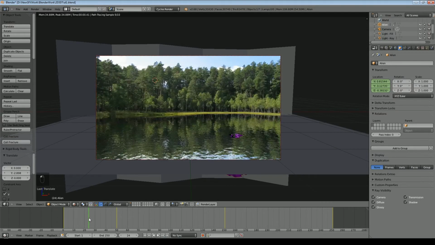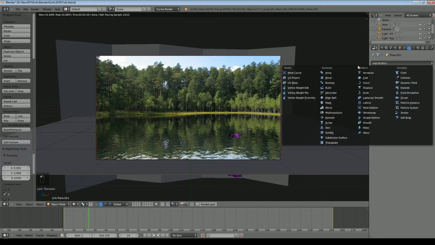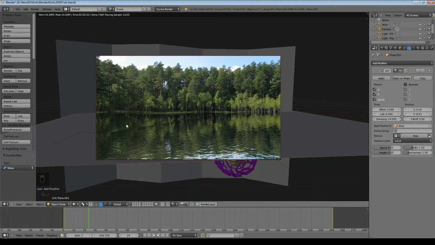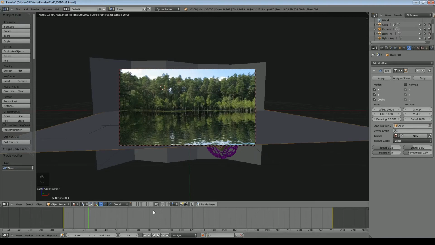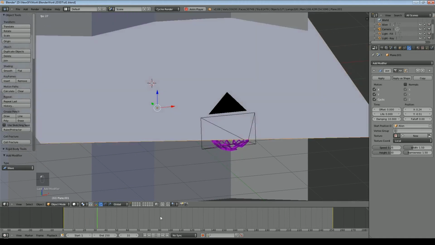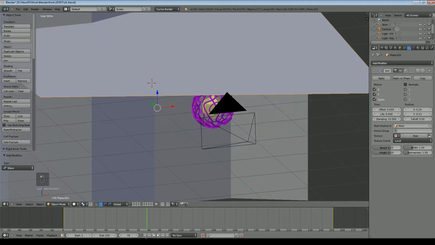I'll have it just about there where we can just see where it is, and we'll select our water and we'll go to modifiers and we'll add a wave modifier. And the next thing we'll do is we'll select the start position as our alien. Now at the moment the wave modifier is huge. I'll go back to the solid. You can see the whole thing is rattling up and down, so that's way too big.